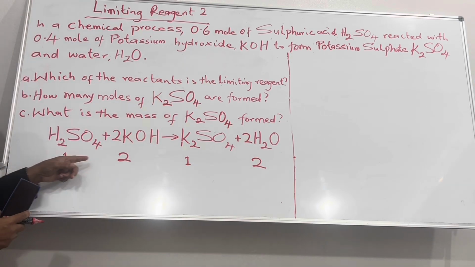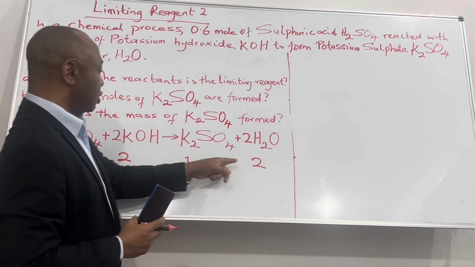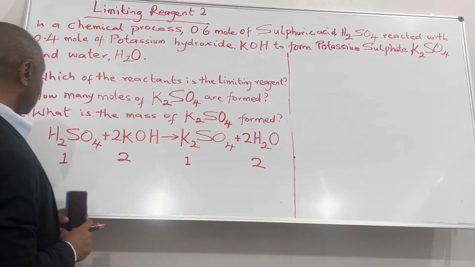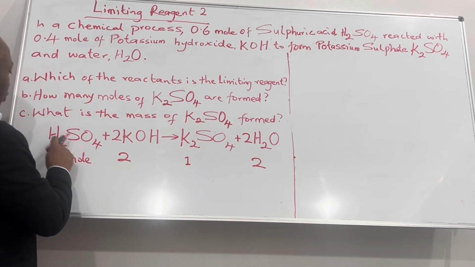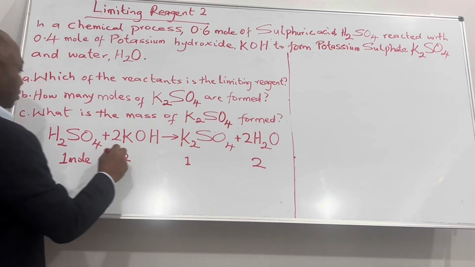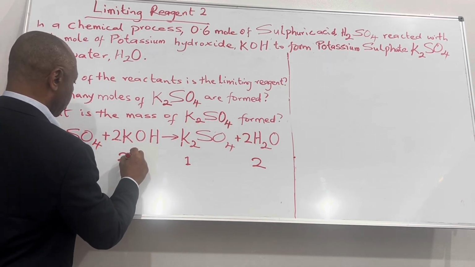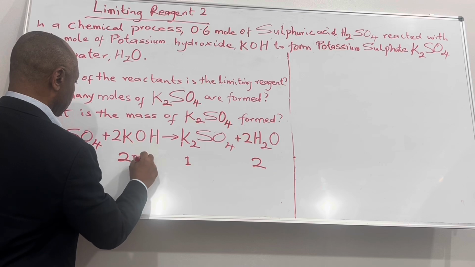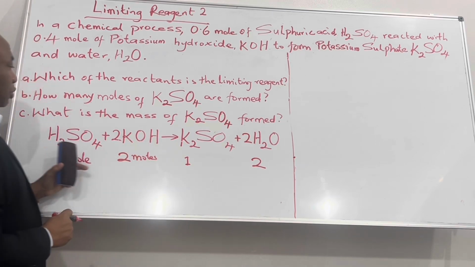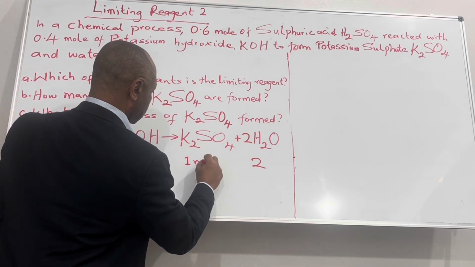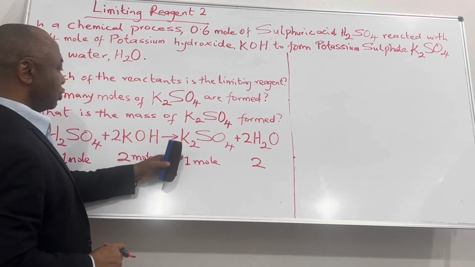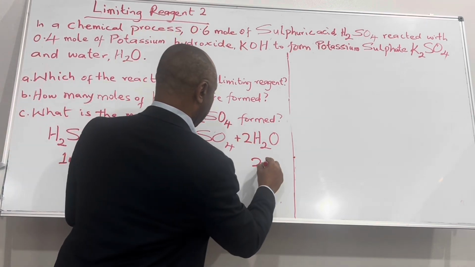These coefficients are also referred to as moles. So here you have 1 mole sulfuric acid reacting with 2 moles potassium hydroxide to give 1 mole potassium sulfate and 2 moles